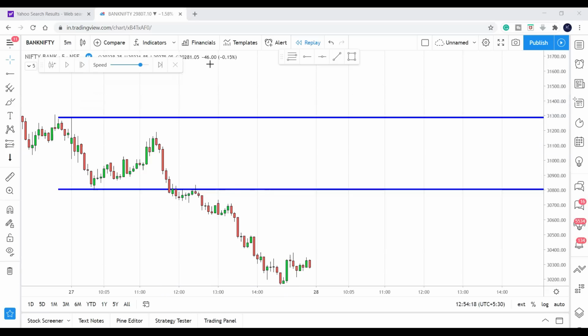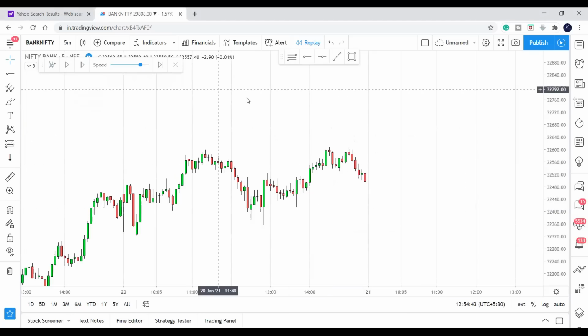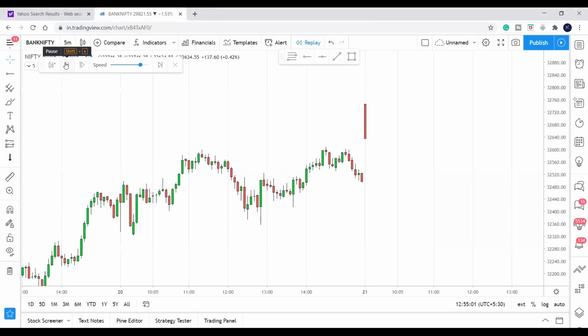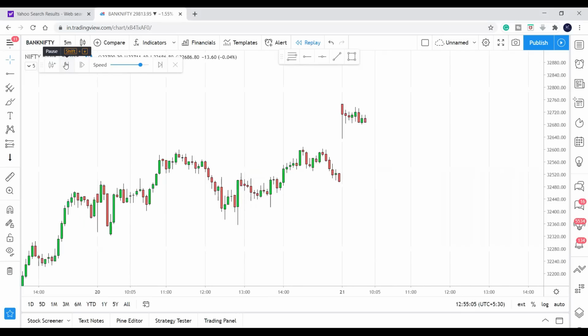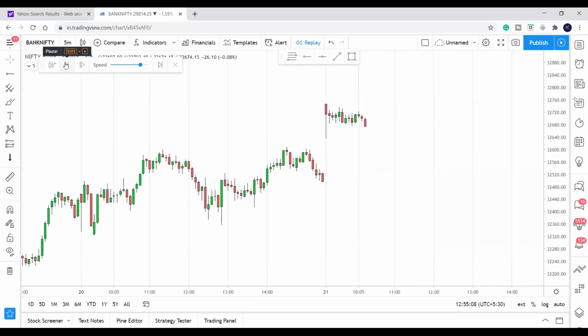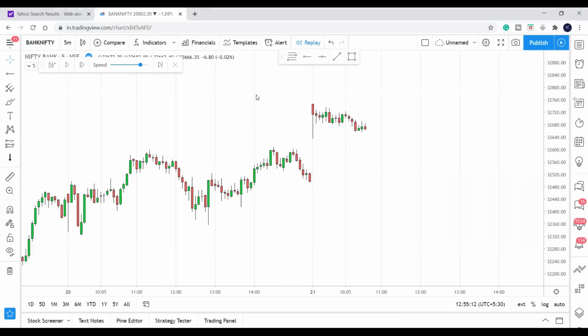Now let us see a couple more charts. Again the same setup happened on 21st of January, just a week back. You have already seen it happened on 27th, and again it happened on 21st. Now let us play the candlesticks to understand where the support and resistance were on 21st. On 21st the market opened gap up with some bearish candles and stayed sideways. Now where is the support and resistance? Just try to identify where the support is, where the resistance is.